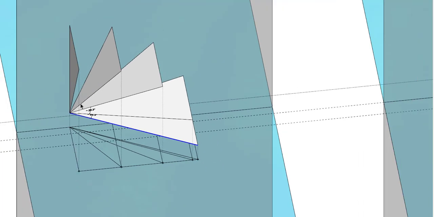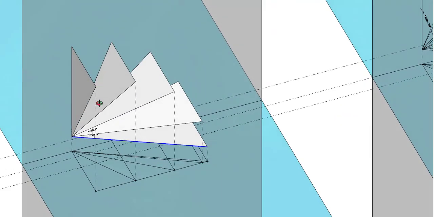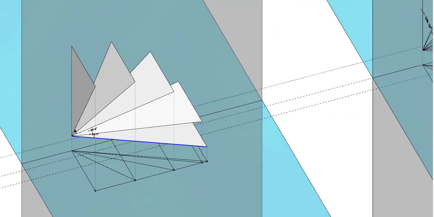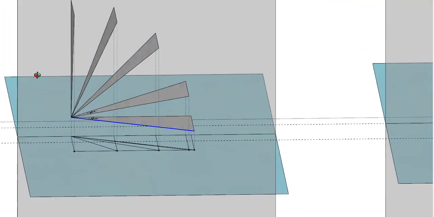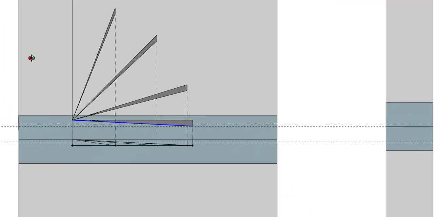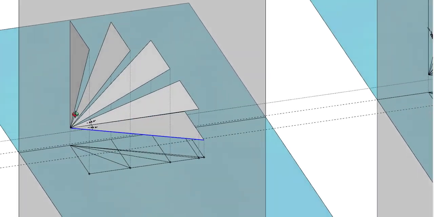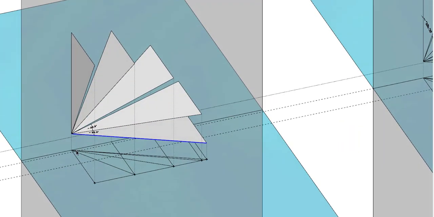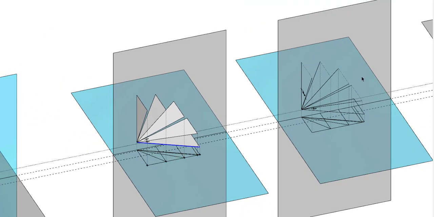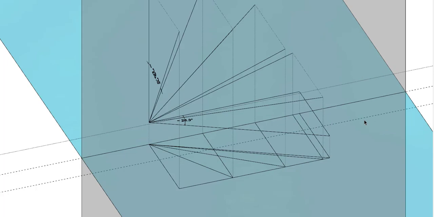Okay, in the final case, the inclination of the line is 28.3 degrees with the vertical plane, and at the same time it is 90 degrees inclined to the horizontal plane. All right. So that is something to be observed. This is the figure with just the lines and no surfaces.